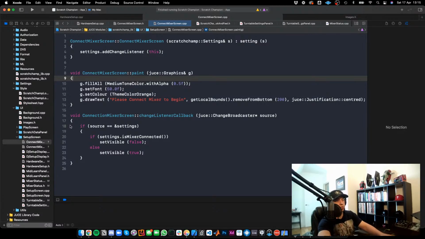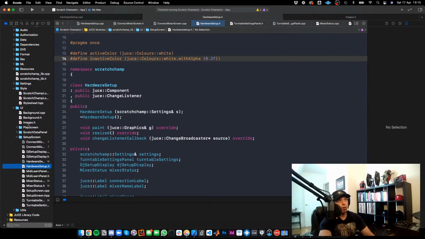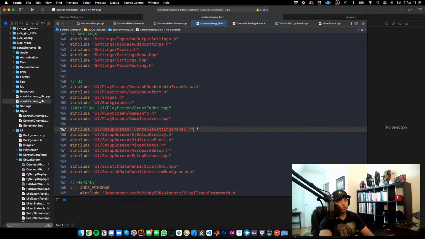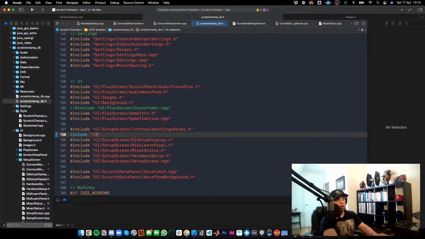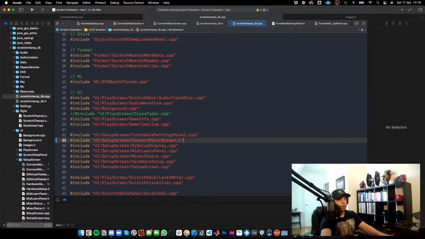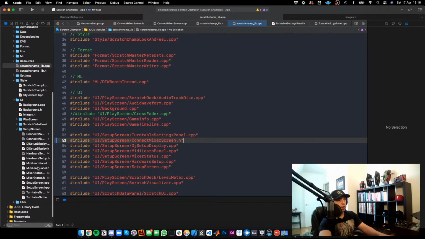And I think that, so now we just need to actually bring this into our parent class, which is hardware setup. So the only thing is that I now need to actually add this to my module list. So we got turntable settings panel, and I guess I could put it here, include UI setup screen, connect mixer screen .h. Then we will do, oh, need to put a hashtag there. We need to do the same thing for the CPP. So I need to do that so that my setup screen,